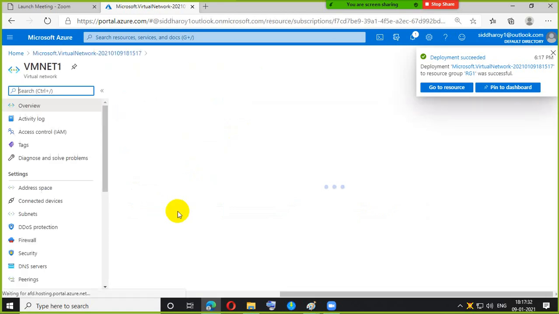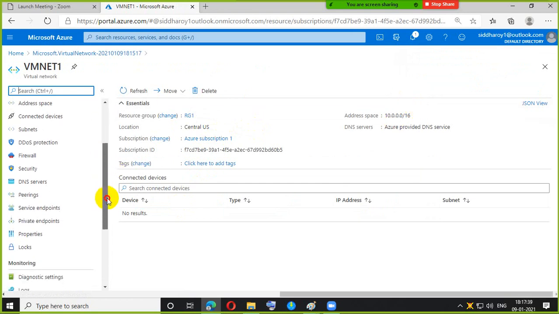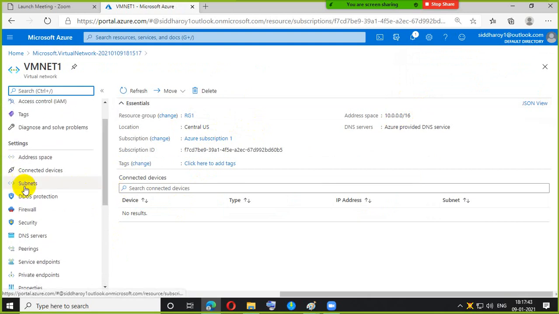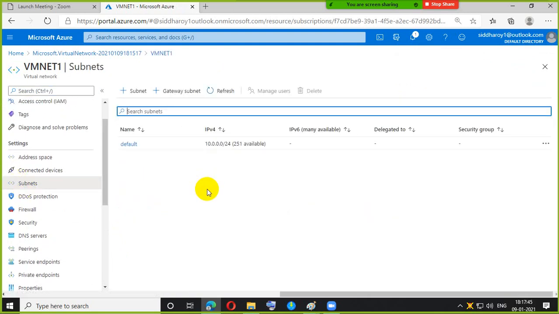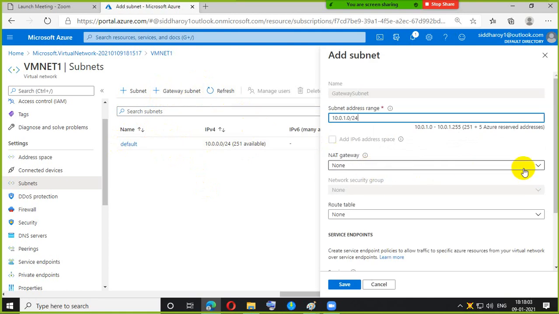Perfect. Then go to the resource, and then go to subnets. In this subnets page, you can see that there are already subnets created. I will just create one more thing, that is the gateway subnet, and the gateway subnet will allow connecting to these virtual machines, okay. So I'm creating one gateway subnet.